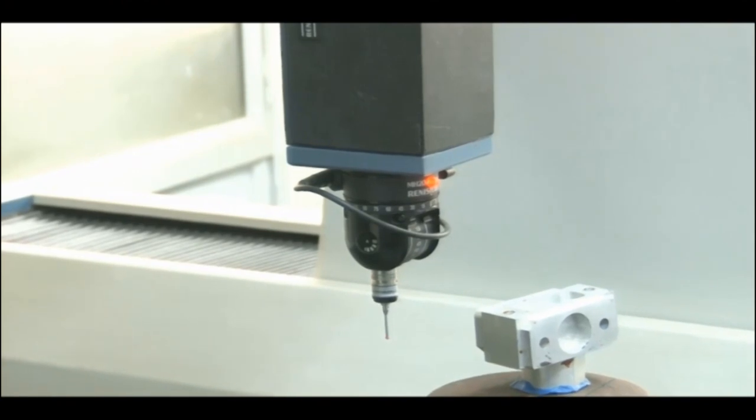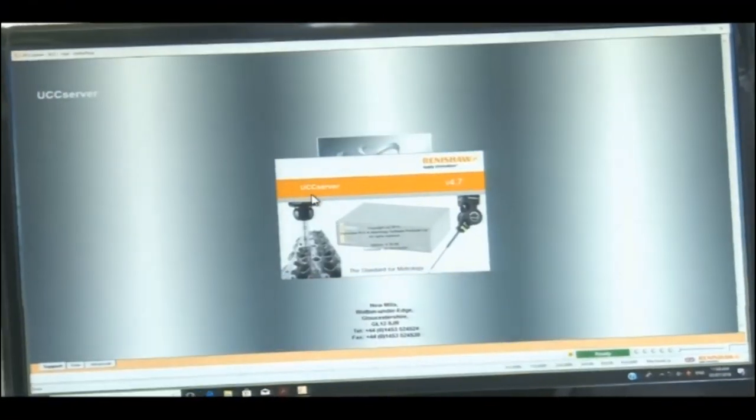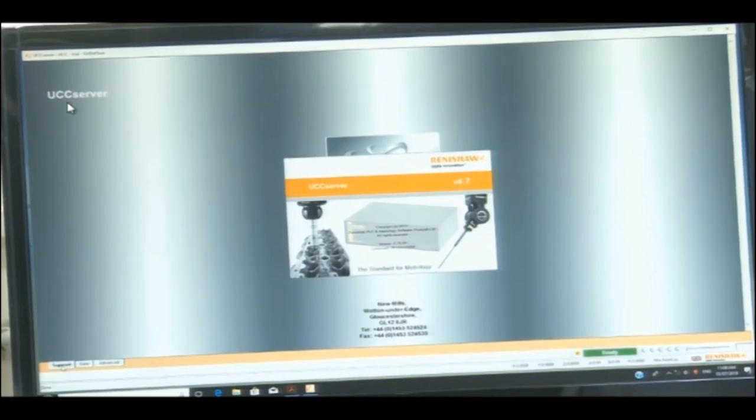The name of the software is Tangram software. How to start here? We first click on the UCC server. UCC, as I said, is the Universal CMM Controller. We have the Renishaw UCC controller, which is designed to link the hardware of a coordinate measuring machine to the host computer. This is the host computer, and we have the hardware machine: read heads, probes, probe head controllers, limit switches, emergency stop, analog signals to servo amplifiers, and joystick unit.